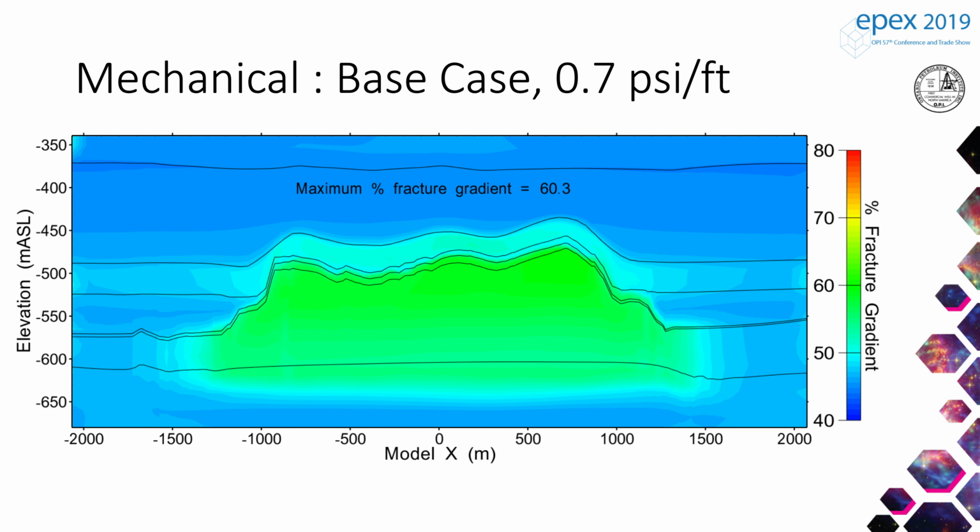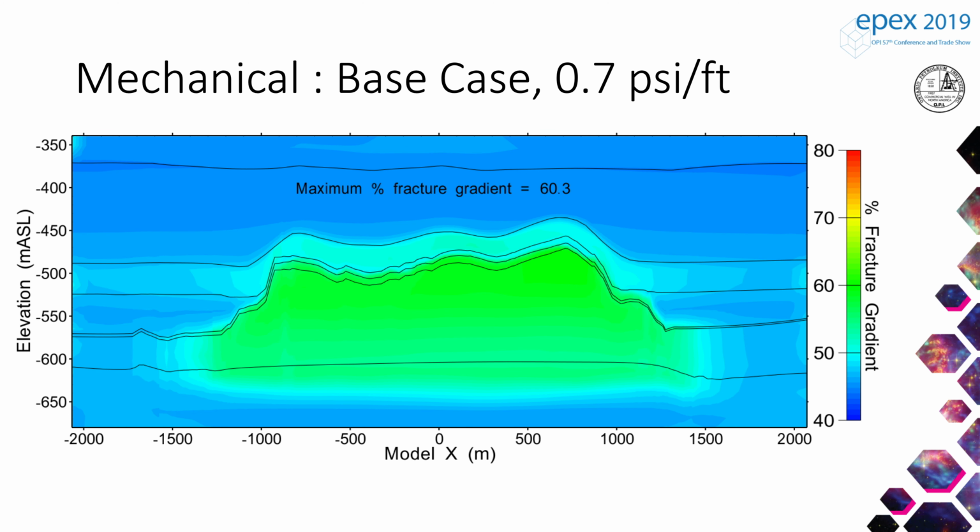Now this is the exact same data, I've just plotted it up. Now we're maxing out at 80. I think this better reflects the current situation. So let's look at a few scenarios. I'm not going to go through all 36. Looking at what happens if we change different things. So this is just the same base case model. Now we're at 0.8 instead of 0.7 psi per foot. Our maximum gradient goes to 70% roughly.